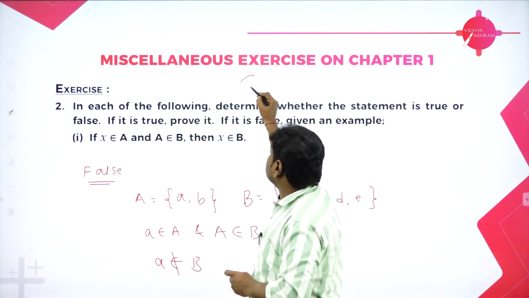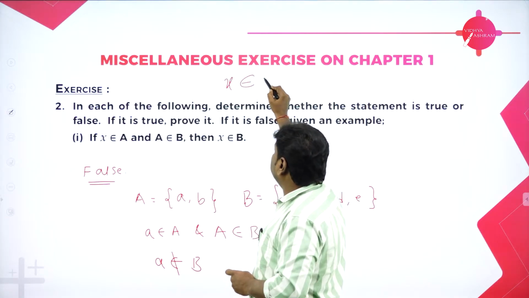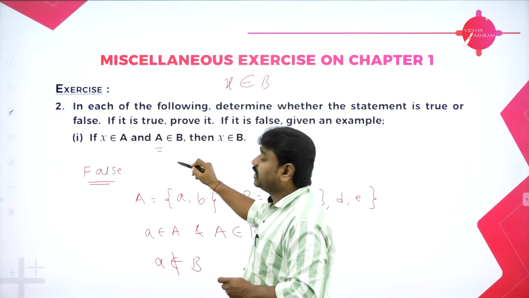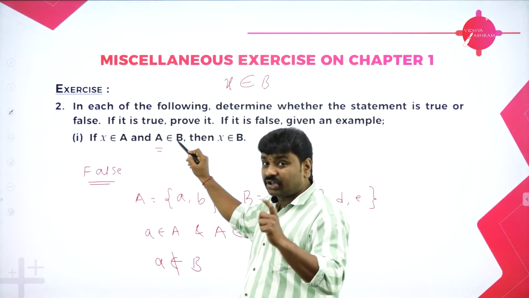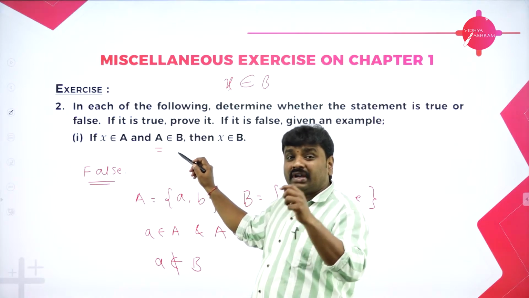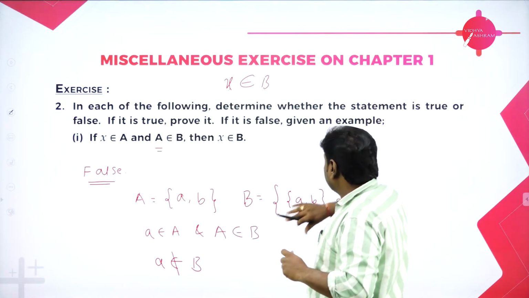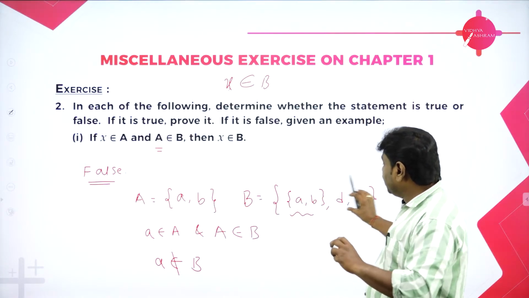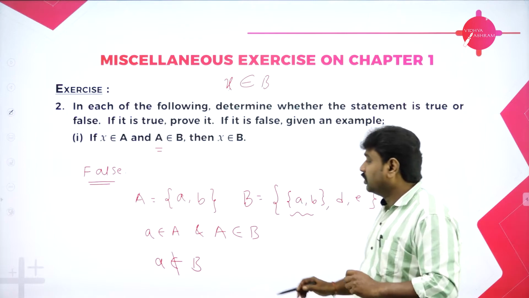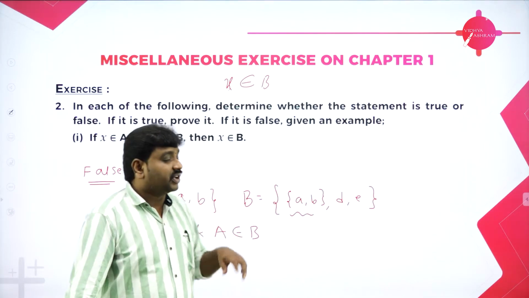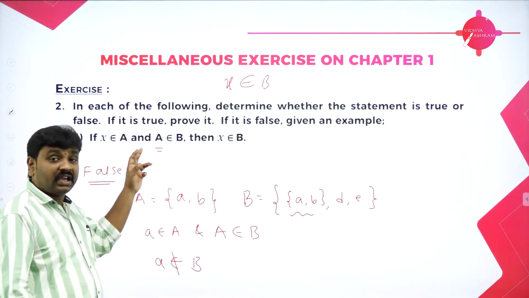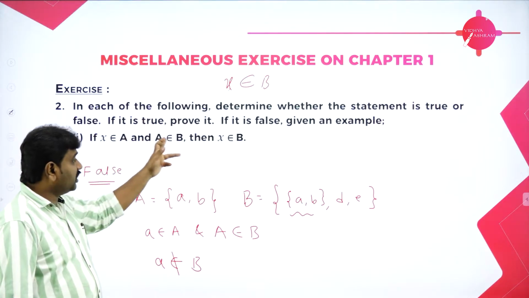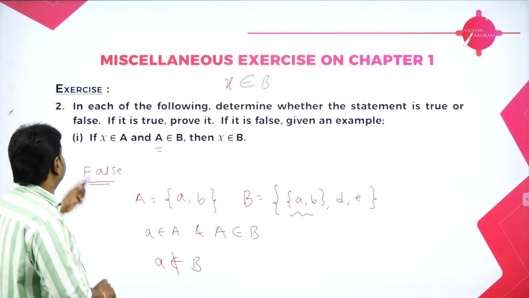So you should know, belongs to means if I write X belongs to B, then this is an element. Now this set acts as an element, so this is not a subset. They told A belongs to B means what? A is an element in B. So A means this whole thing, AB, according to me. And we don't have a separate element in this set, you can see. So therefore what is the conclusion? When element X is in A and A set is in another set, it is not necessary that the X should be in B. That is the conclusion.